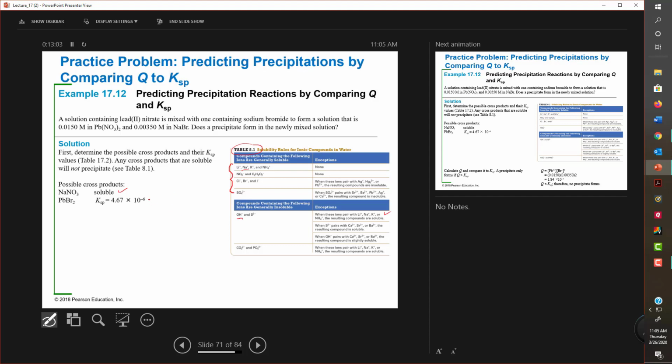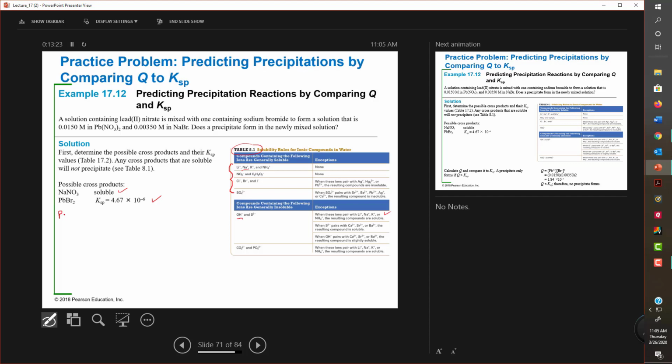All right, the solubility product of lead(II) bromide is 4.67 times 10 to the negative 6. Nope, I don't expect you to memorize that. That's given in a table or given in the problem. All right, what I do expect you to be able to do is, based on the equation that we wrote,